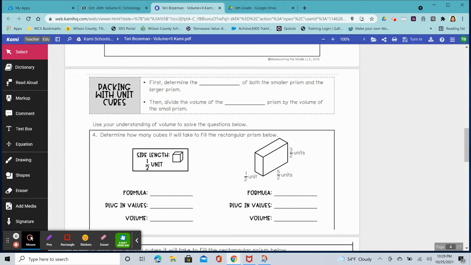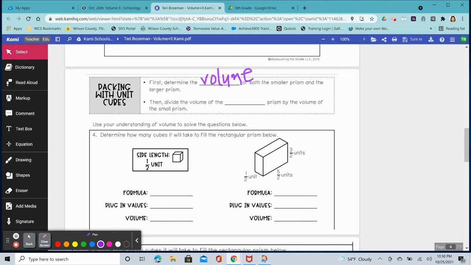Actually, no, let's go ahead and talk about it. So first determine the volumes of both prisms, so the smaller and the larger, then divide the volume